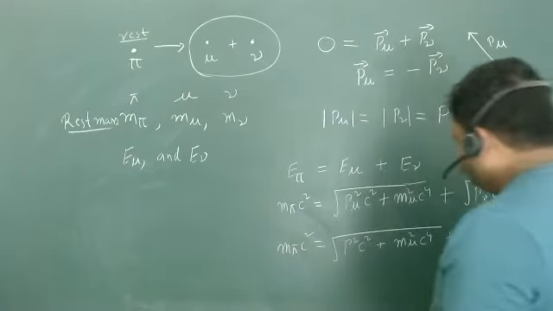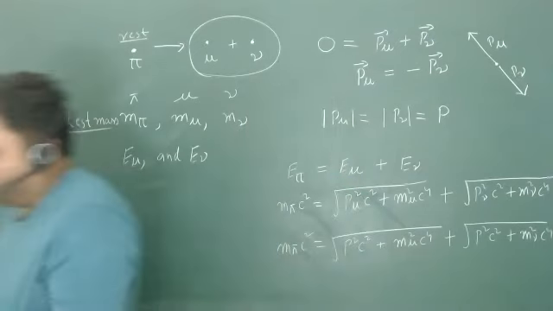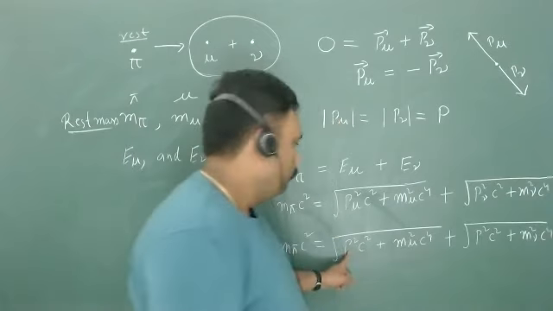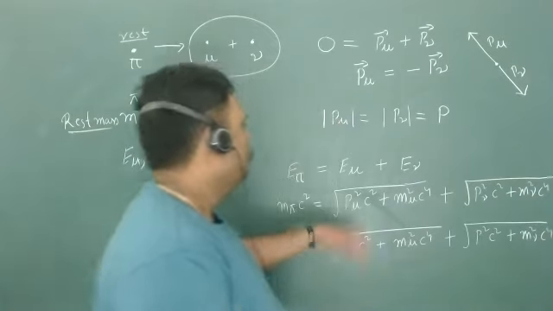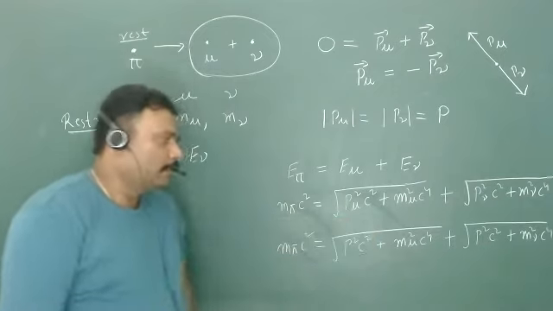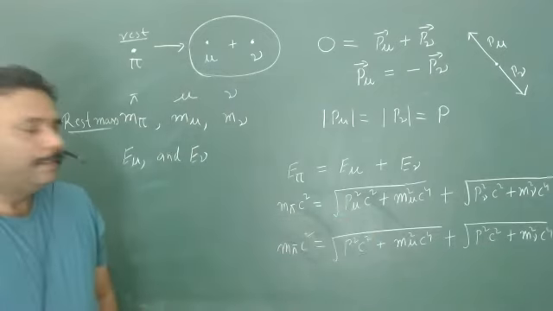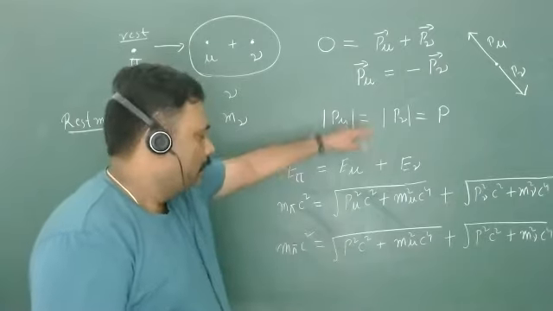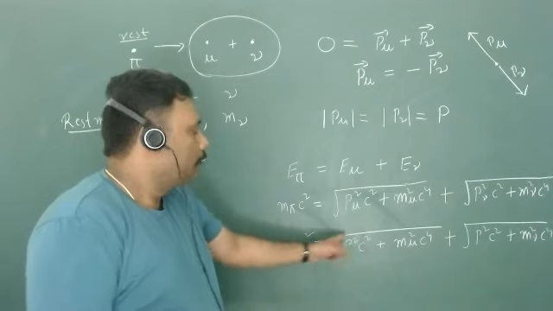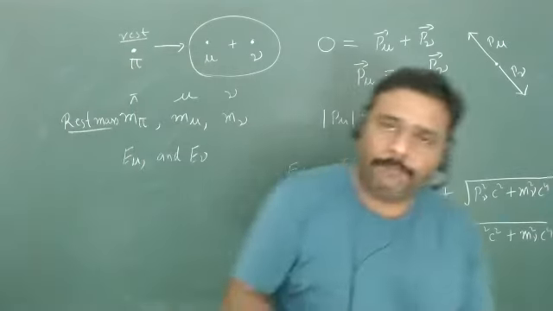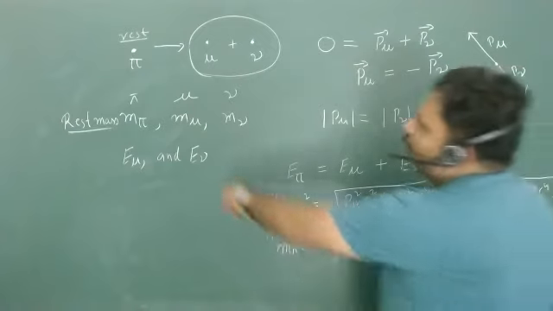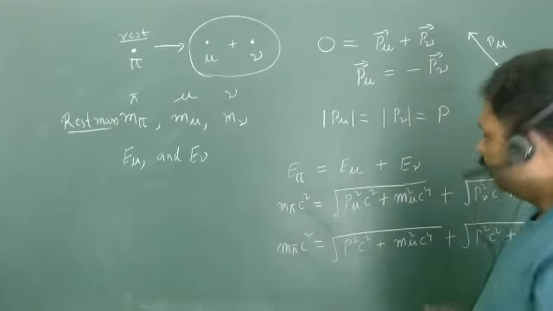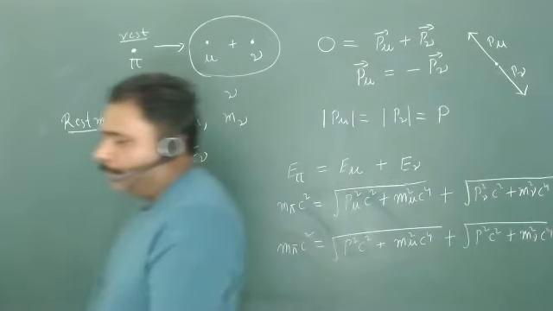Now, this is a final expression. If somehow I get the value of momentum p, then obviously we are going to solve it, isn't it? Because this is an unknown thing introduced by us. So we have to remove this particular momentum in the calculation, and I have to give the answer only as a function of mπ, m_μ, and m_ν. How will you solve it? How will you solve it?